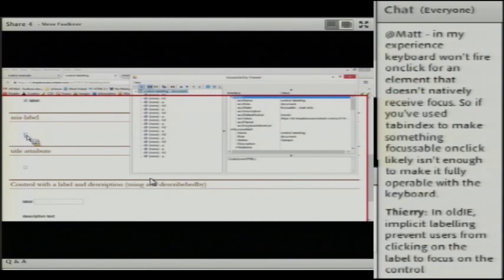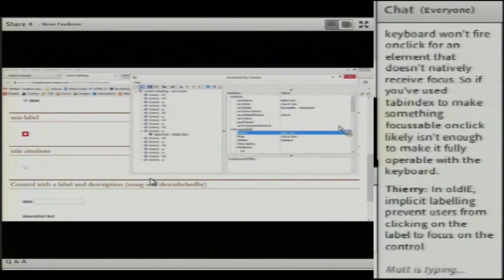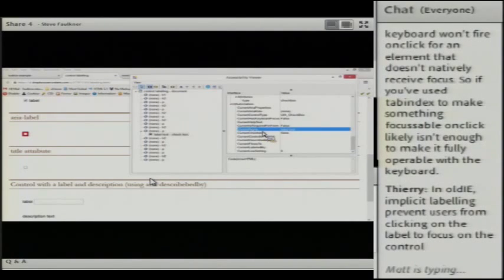When we look at the accessible name, what we see is the accessible name is label text. That's because ARIA label maps to the accessible name in the accessibility APIs, whether it be MSAA, IAccessible2, or indeed UI Automation. It's all the same.